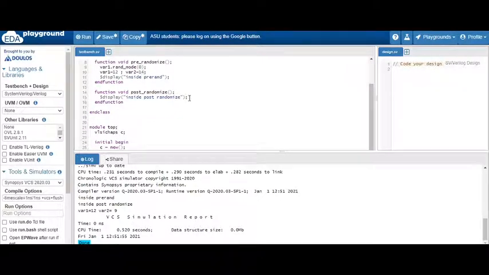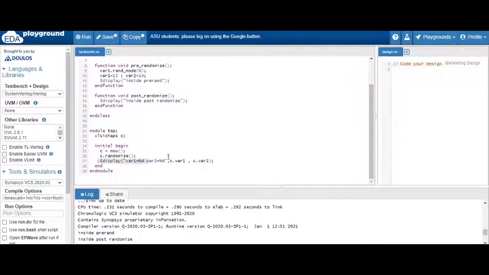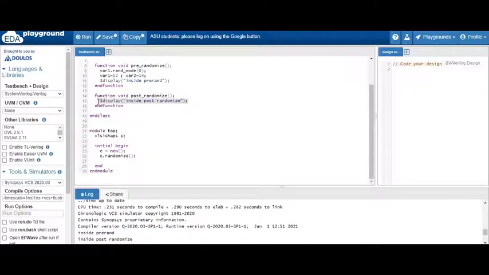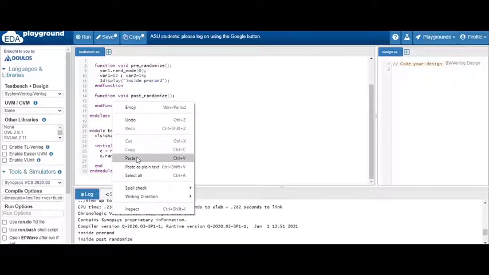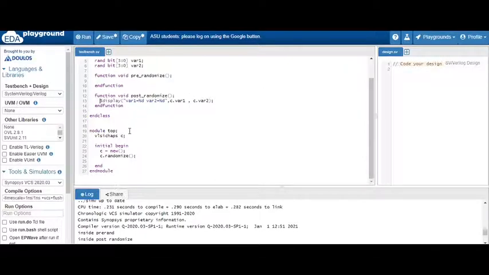So what can we do with post_randomize, that is after randomization? Suppose now we are displaying here, right? We will remove it from here and display here now. We'll remove everything because I don't want any confusion. Now we are displaying the values. You just remove this c because there is no need for c inside the class.